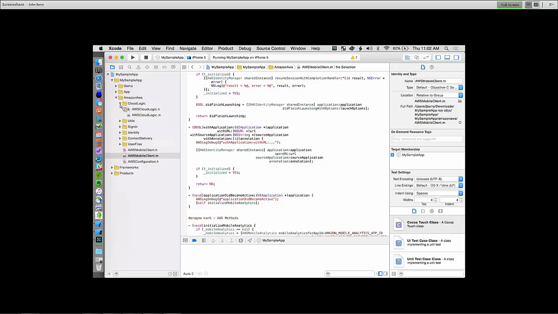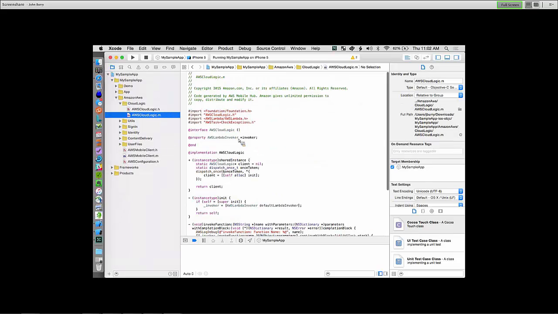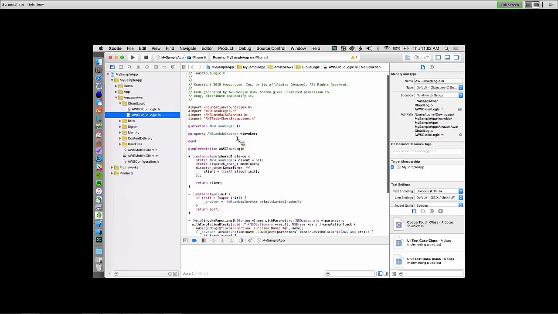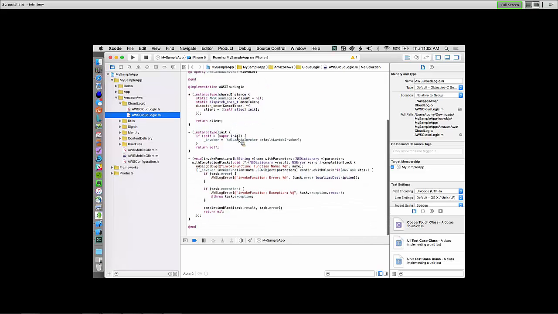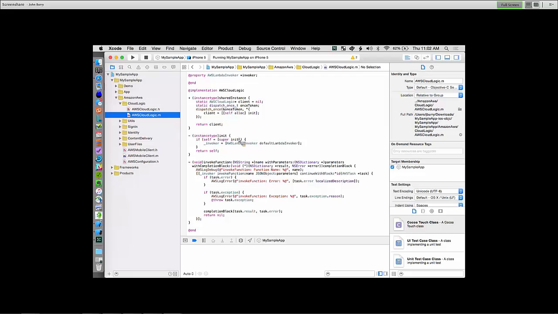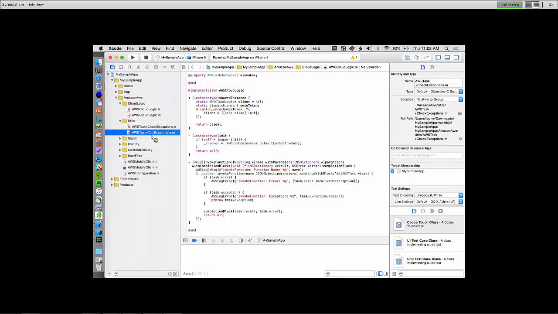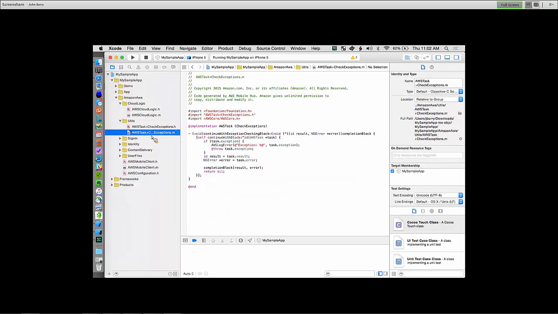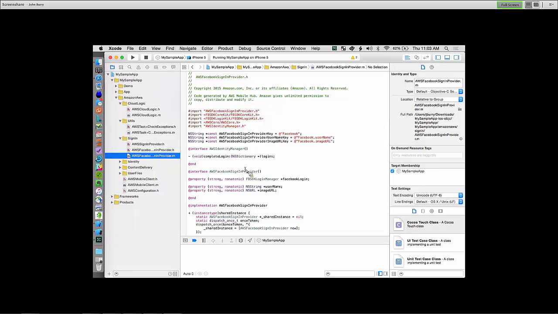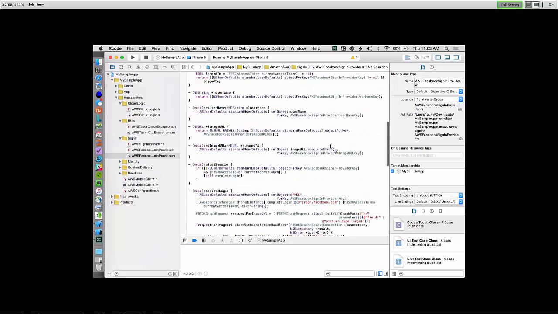Up here under Amazon AWS, you can see functions to integrate with CloudLogic, with Lambda are provided for you, and the best practices for how to integrate with Lambda, which before Mobile Hub was provided in documentation and web pages that you can copy and paste from, or you could download projects, say from GitHub and other sources. But the beauty of this is automatically, again, the project has your numbers, your S3 buckets, your endpoints, all of the detail. So here's the Cognito sign-in, and you can see the Facebook details here because I selected Facebook.